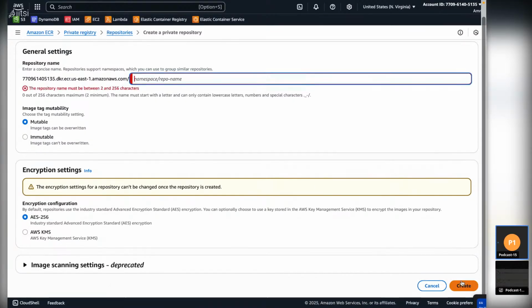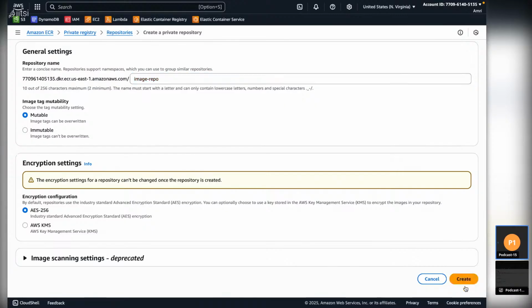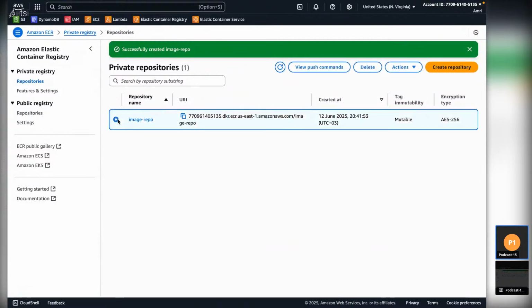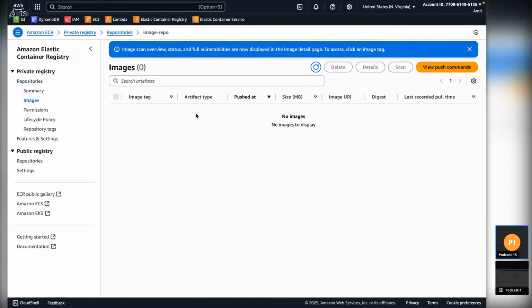I just have to give a name. Let's call it image repo, and this is my repo. Once it's created, I click here, and I have nothing pushed here, but if I click on view